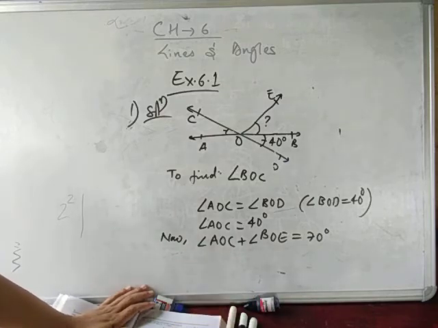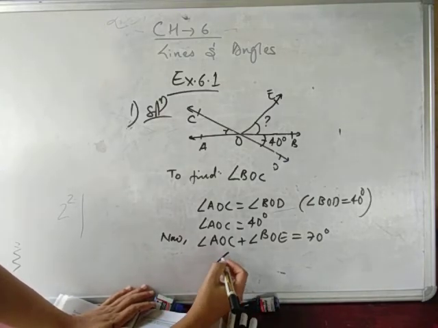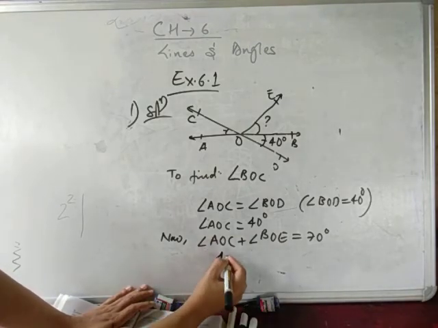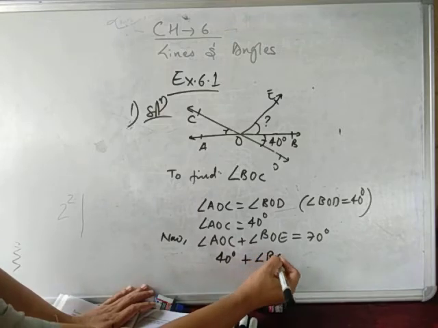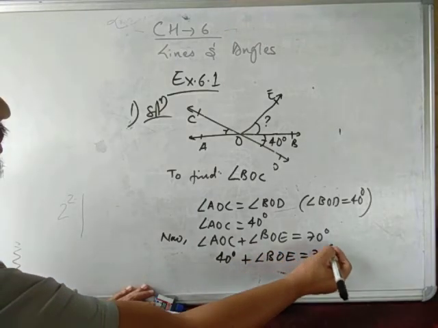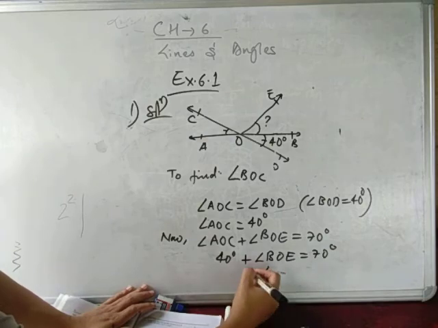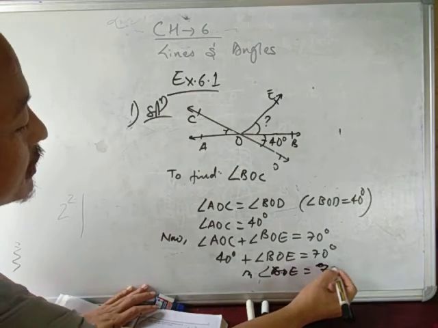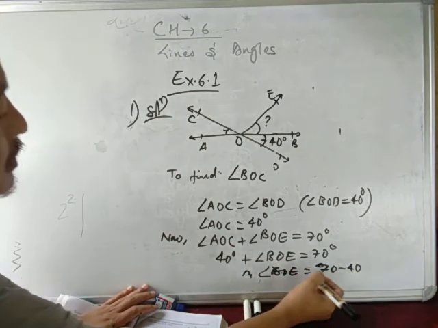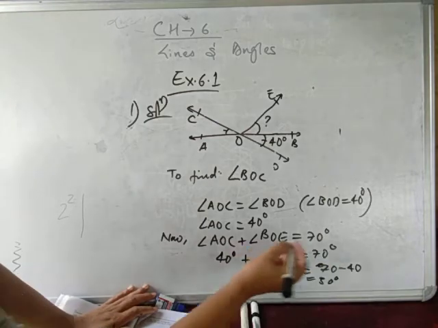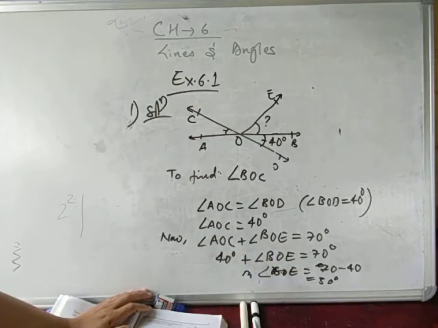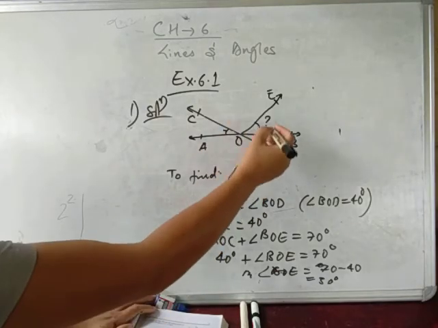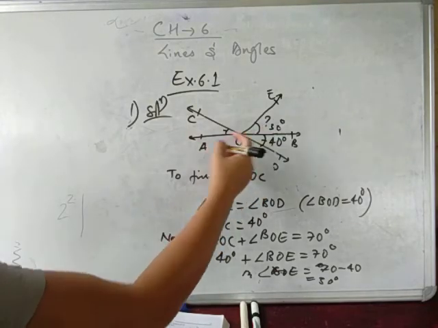AOC is 40 degree plus angle BOE equals 70 degree. That means angle BOE equals 70 minus 40, how much? 30 degree. So you'll get angle BOE equals 30 degree. This is 40,